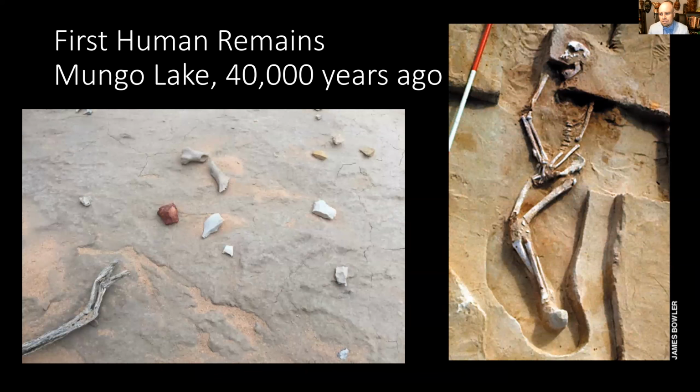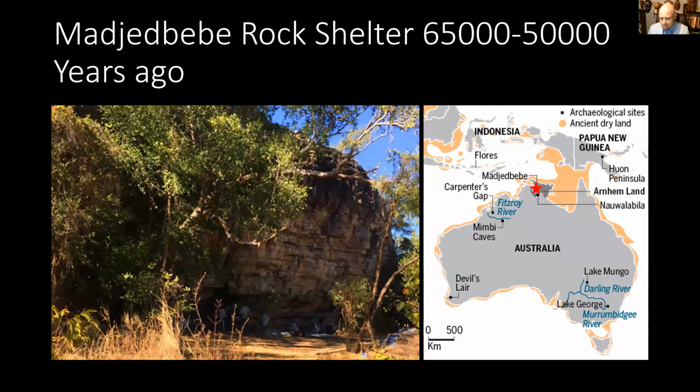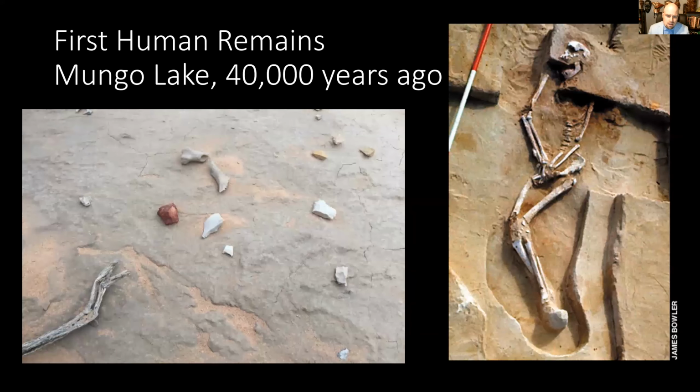And the first skeletons found are at a place called Lake Mungo. It dates to about 40,000 years ago. This is now a dried up lake bed, but this person was found buried there with stone tools and such around them. So we can say that between 60,000 and 40,000 years ago, people were coming into Australia, and they're coming into the north first. They're spreading out, and by 40,000 years ago, they're coming to more central southern areas like Lake Mungo, and making tools and such.